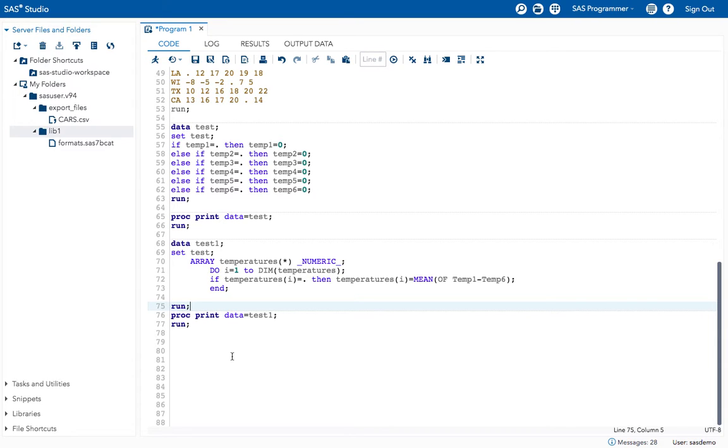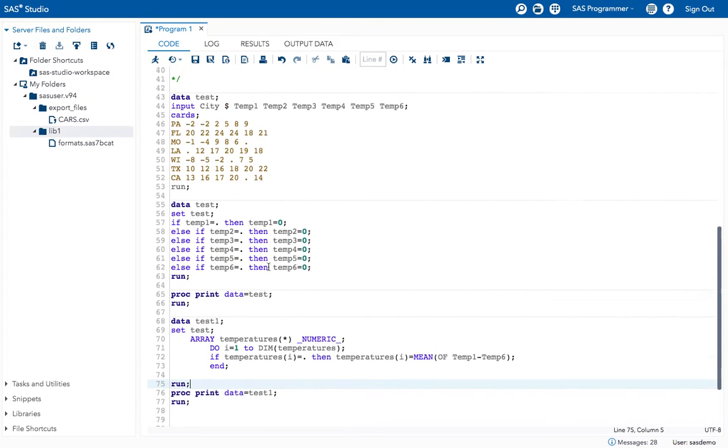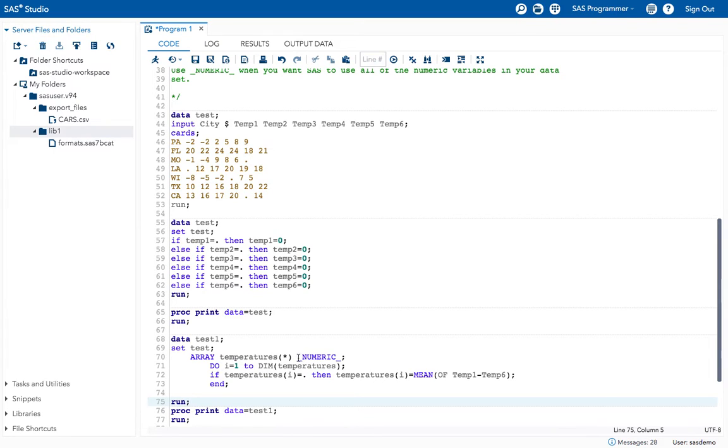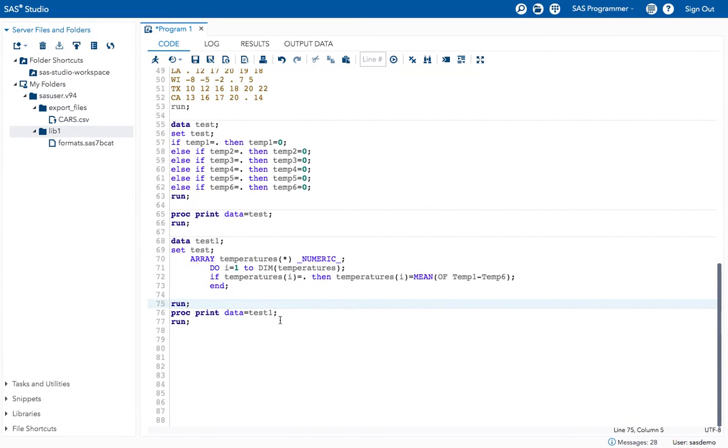If we want to apply the array to all the character variables, instead of underscore numeric underscore, mention underscore character underscore. Let's take an example for this character data.